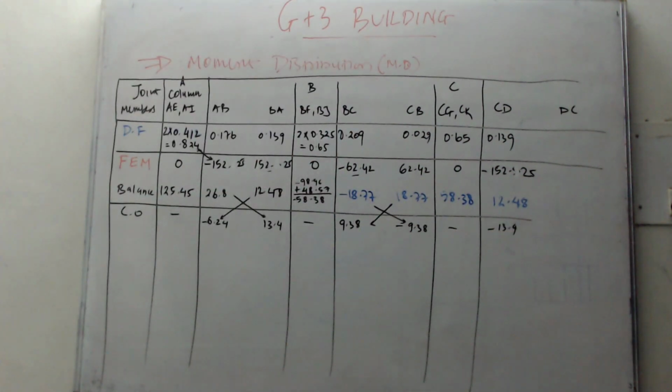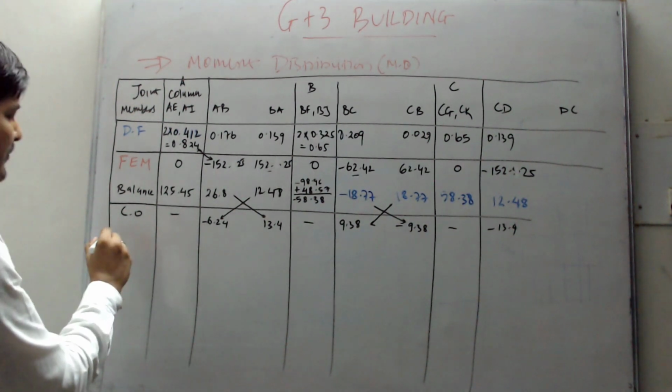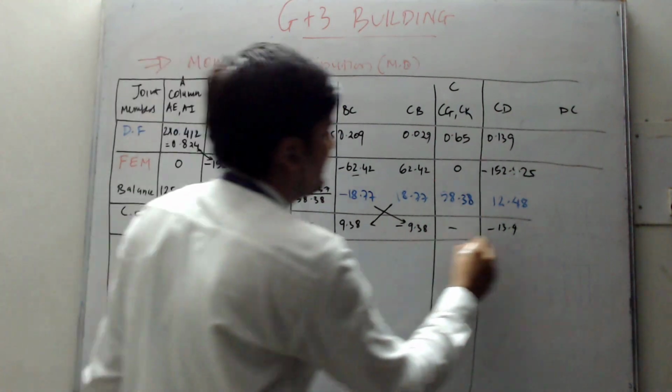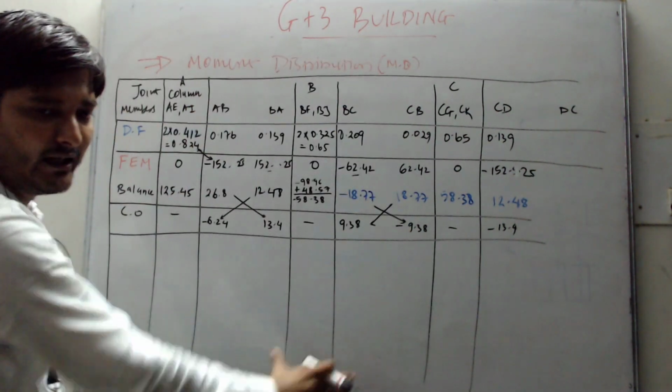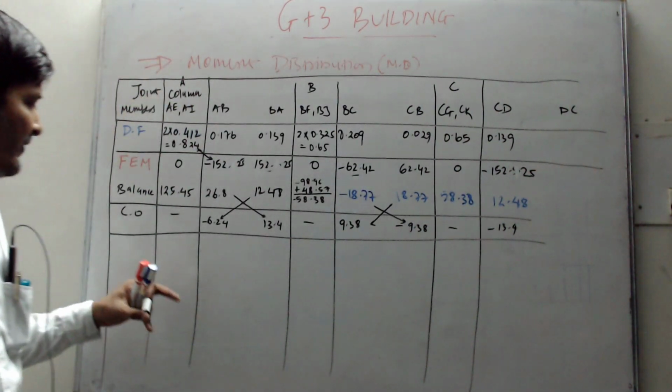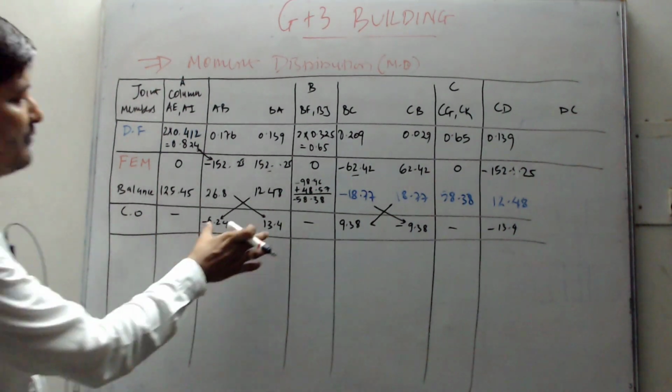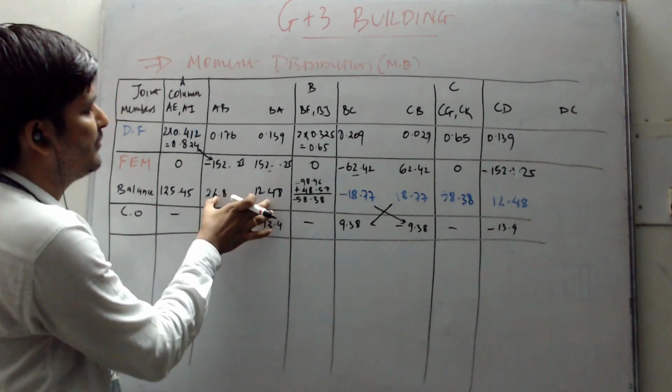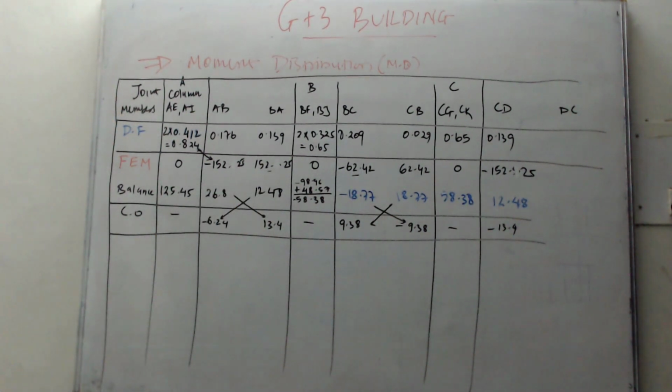Now the question comes, up to how many points we need to do this process. This completes my one cycle. So up to how many cycles do I need to continue this process? So the answer is, you need to continue this process until, after doing the balance, your final moments come out to be similar, right? So let's repeat the process. Now I quickly repeat the process. So again I need to do the balance.